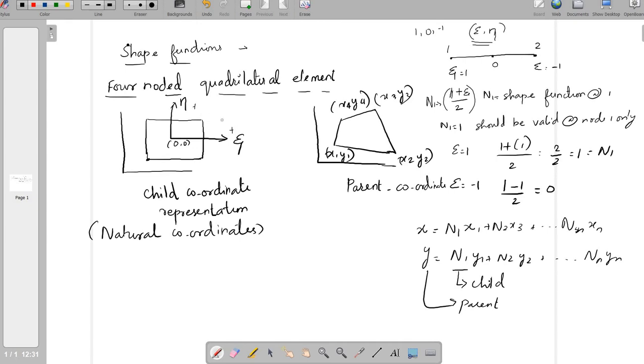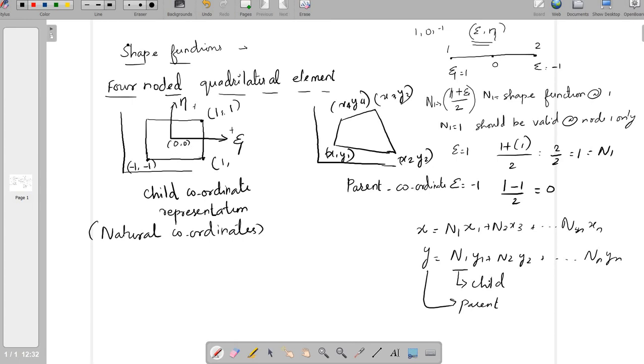The upward eta is positive and towards the right side epsilon is positive. So this coordinate is minus 1 of epsilon and minus 1 of eta. The opposite corner of this quadrilateral element can be represented with the positive epsilon and positive 1 of eta. Just opposite to the minus 1, minus 1, this coordinate can be represented with the positive coordinate of epsilon and the negative coordinate